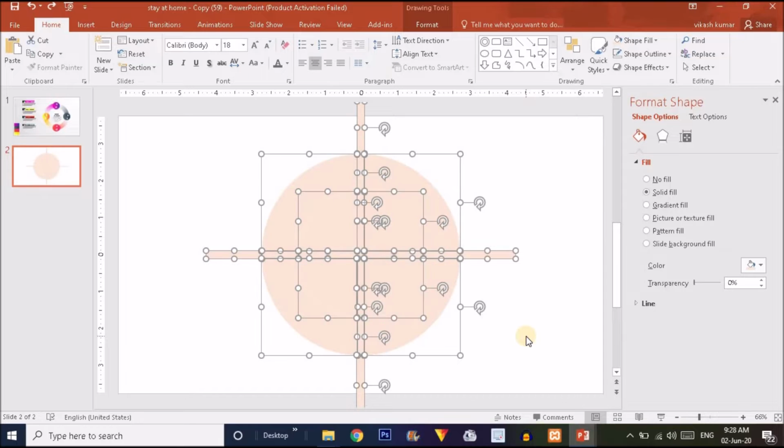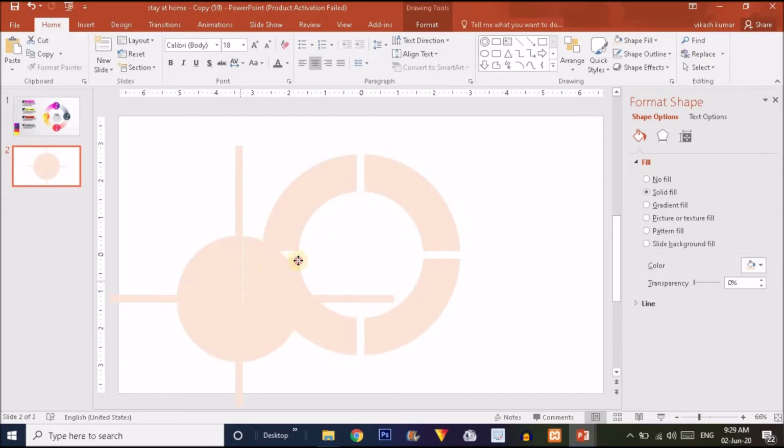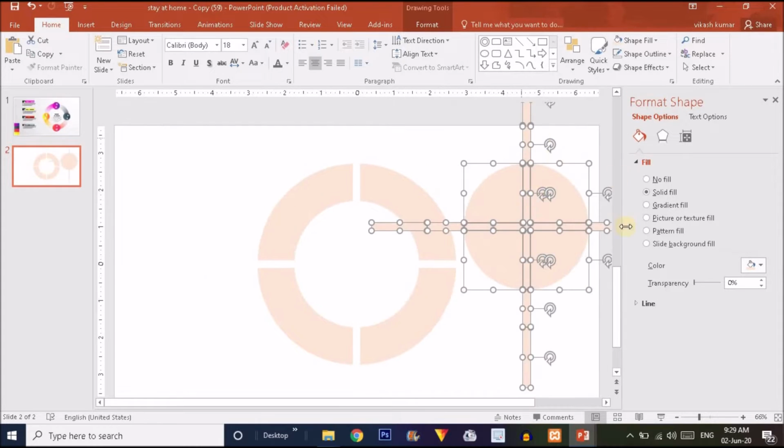Okay. So here all the shapes are selected. What you have to do is press Ctrl on your keyboard. Unselect this shape by clicking here. Again click here to unselect this shape, again click here to unselect this shape, and again click here to select this shape. You should not click on any other shape group over here. You just click over here. Now I just want to show which part is selected and which is not. You can see only these 4 parts we want, and these parts I don't want.